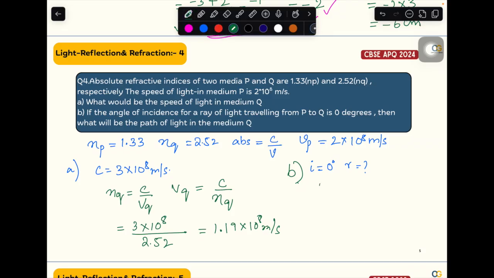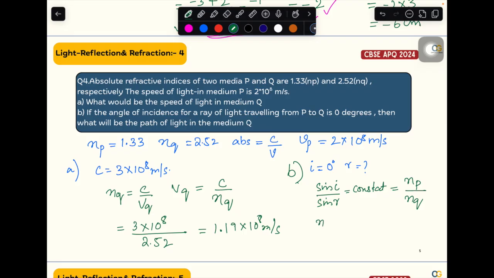Snell's law states that sine i by sine r is equal to a constant, and this constant is usually the refractive index of P with respect to Q. So basically it is traveling from P to Q, so you take nP by nQ. This is there in your textbook. If you have read the fine print, you can see this in your textbook. It's not something new. Where they describe that the constant is the ratio of the refractive indices of the two